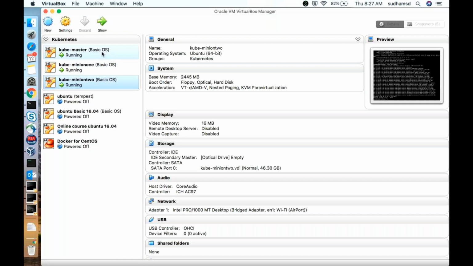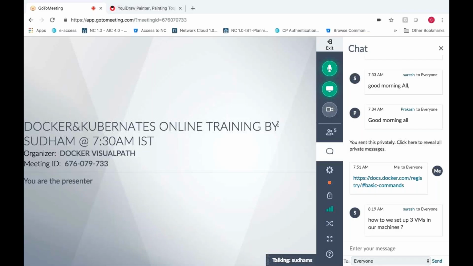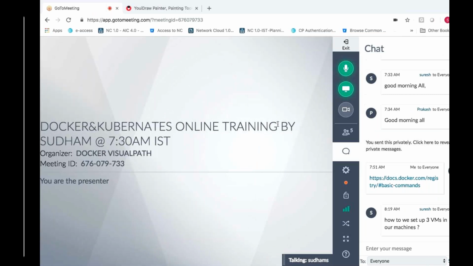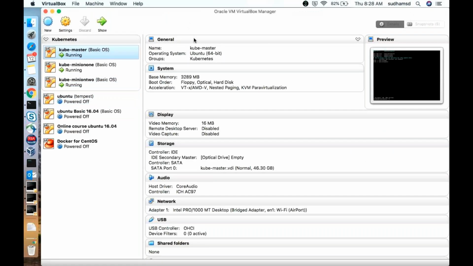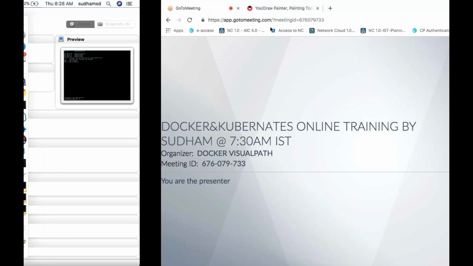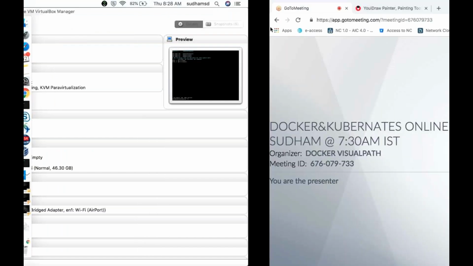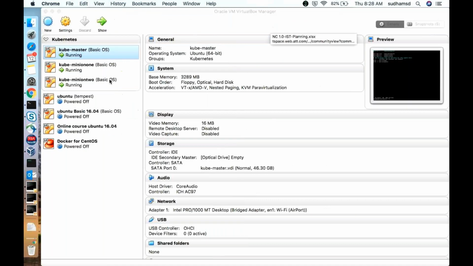How to create VMs, I cannot show you again, because I have already shown you this experiment: how to create VMs with Ubuntu installed. What I have changed is only the network part. I'm even showing you how to configure the IP address here.